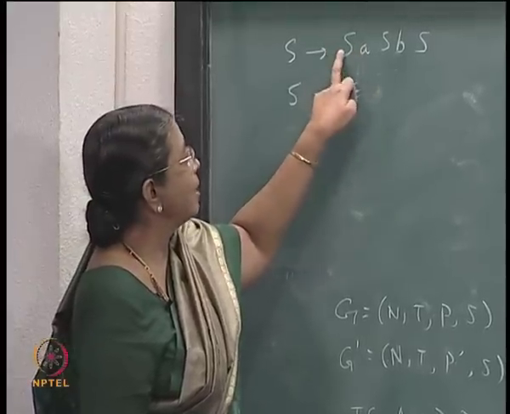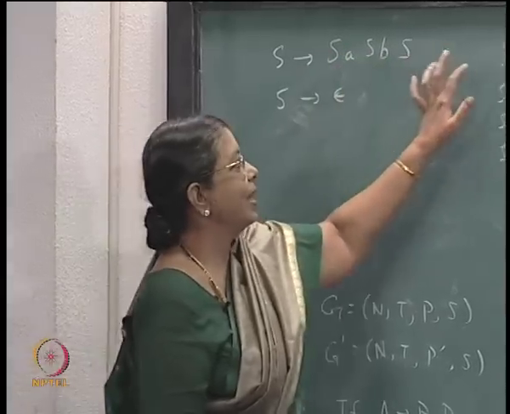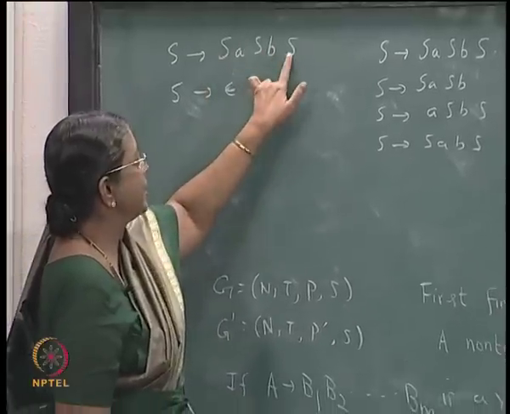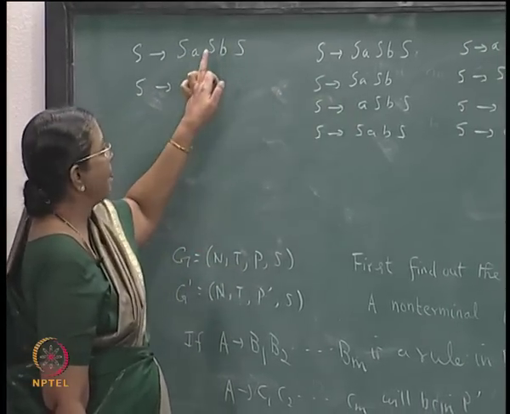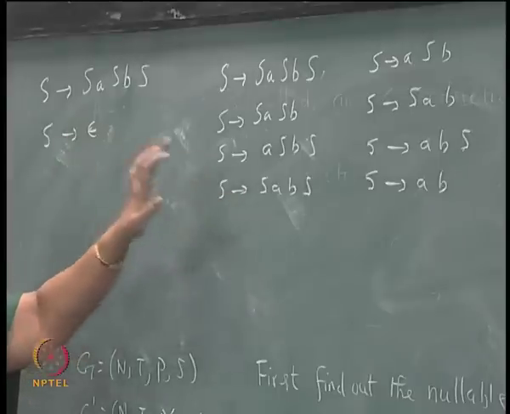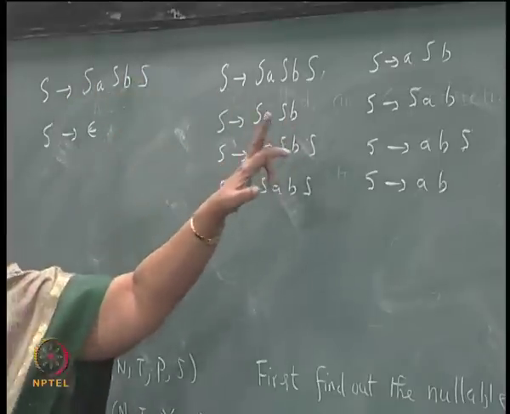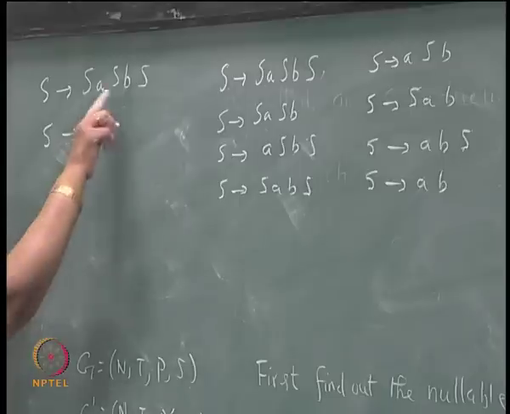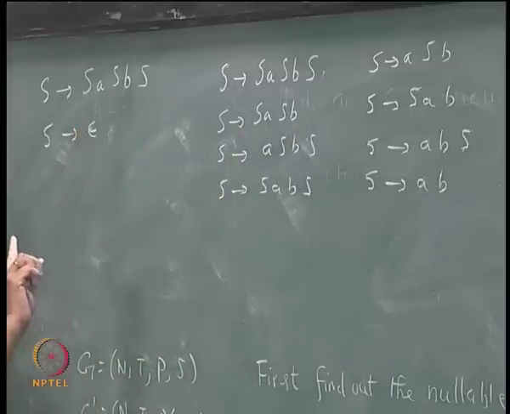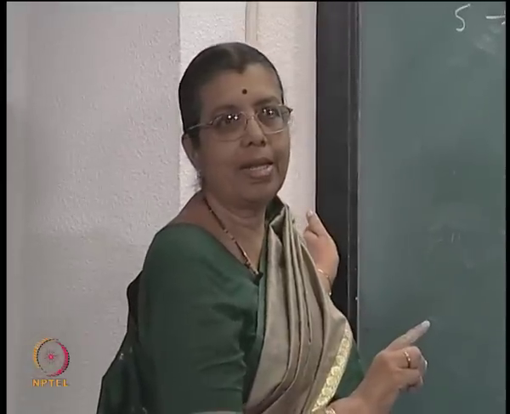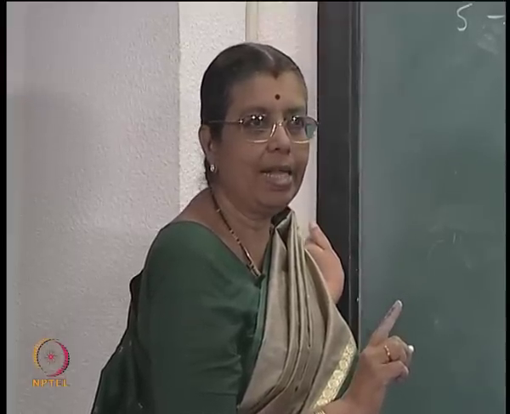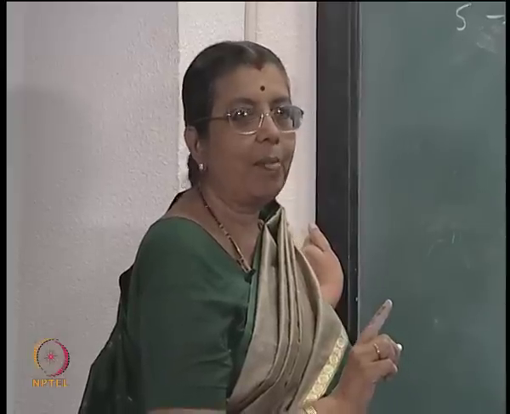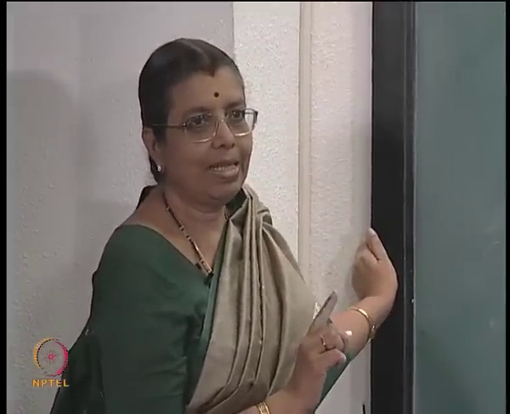So, in this one you can replace S by S or epsilon. If I keep all the 3 S's, I get this. If I replace this S by epsilon, I get this. If I replace this S by epsilon, I get this. If I replace 2 of them by epsilon, I get that, and so on. So, this one rule is replaced by so many rules, and this rule is avoided. Now, the resultant grammar does not have epsilon on the right hand side, it does not have epsilon production, but you must feel convinced that this generates the same language.